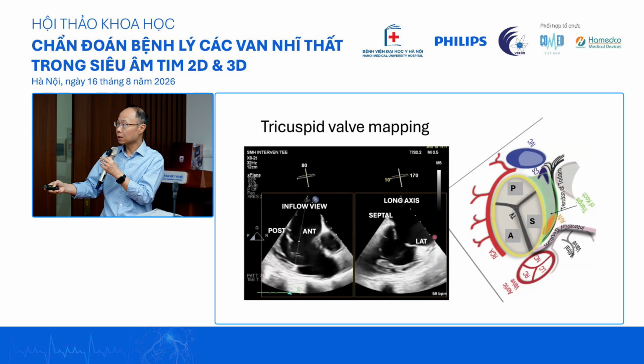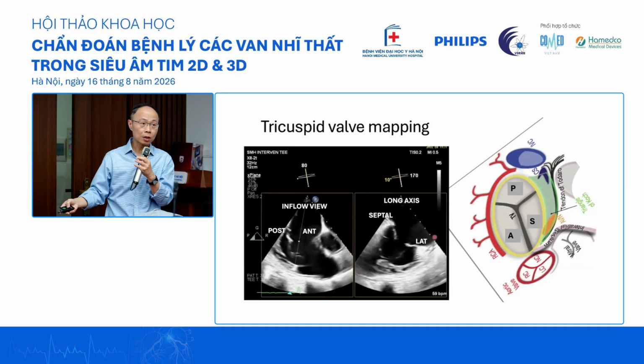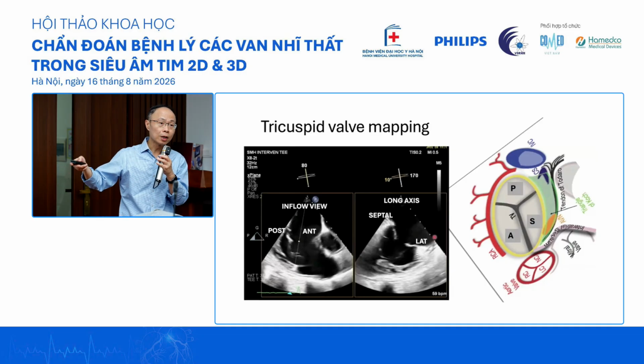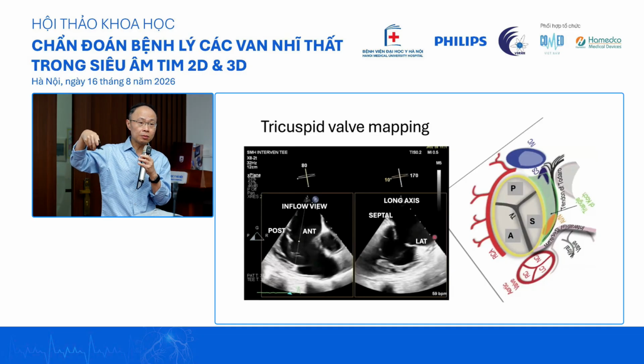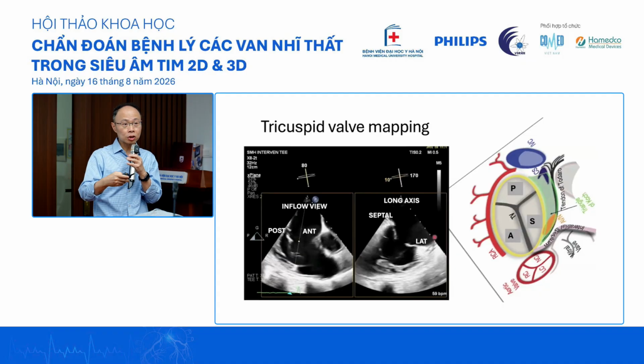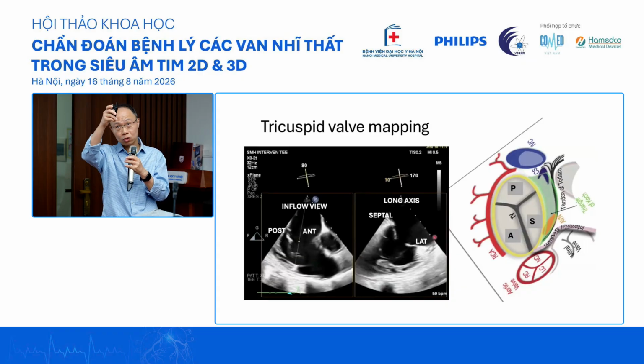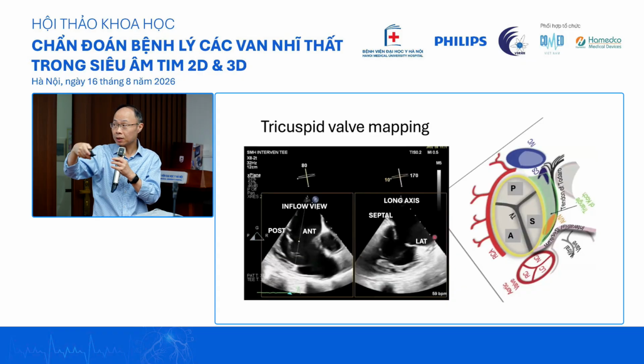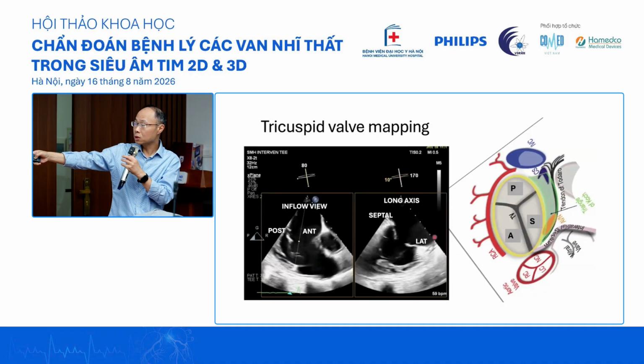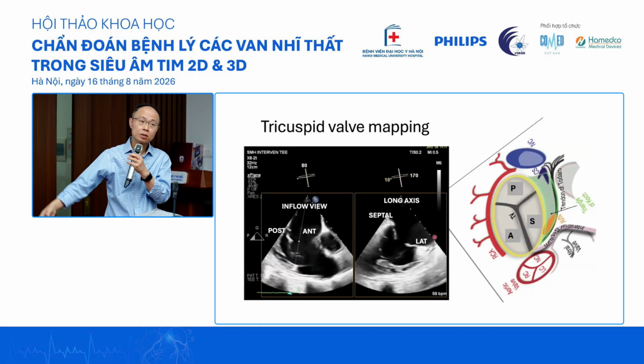So number one is that this is a transesophageal. You've got to go a little bit deep. So this is a deep esophageal, not yet transgastric view. If you do your mid esophageal view, like just now you saw on the mitral valve, you get your apical four-chamber, sort of a four-chamber view. If you push a little bit down, you can get over here. So this is the inflow view. This is usually about 90 degrees.